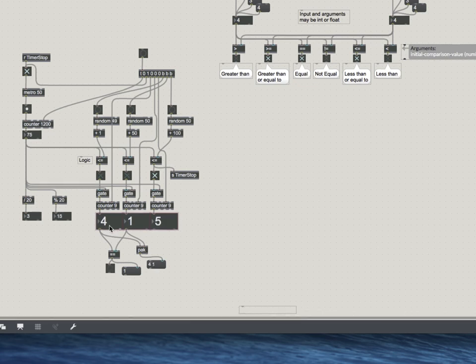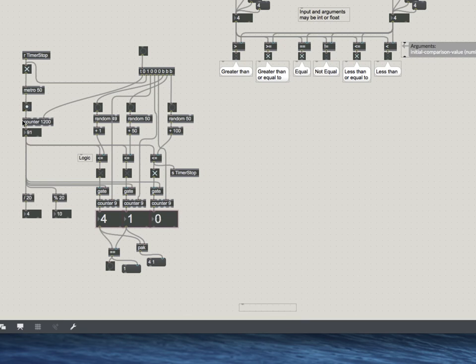Well, it's because the way we structured our patch, we have everything being driven by the same counter. So all of those wheels are going to step through their numbers at the same rate. And so they'll always be the same until one of them stops. So because this equals triggers its calculation